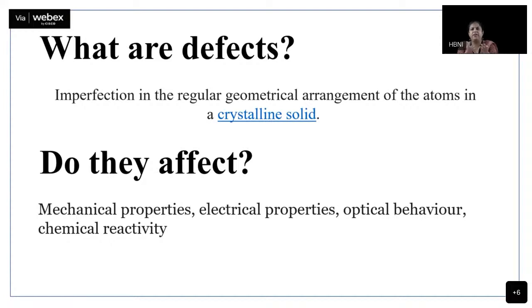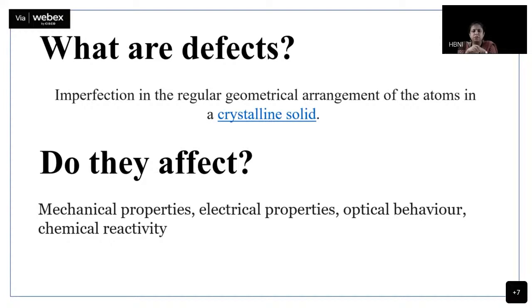So after that general thing, what are basically defects? When we say defects in solid, a very first picture that would come to your mind is anything at all that is breaking the three-dimensional regular arrangement in a crystalline solid, and I would call that a defect. Why? Because it is breaking up the 3D periodicity, right? So when we define it, we say that imperfections in the regular geometrical arrangement of atoms in the crystalline solid are called defects. But are they important? What do they really affect?